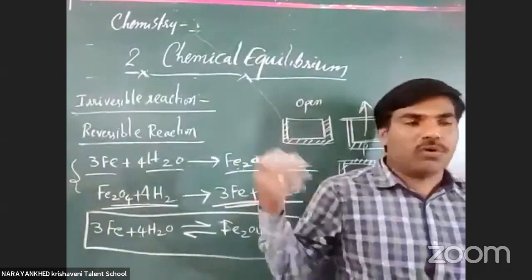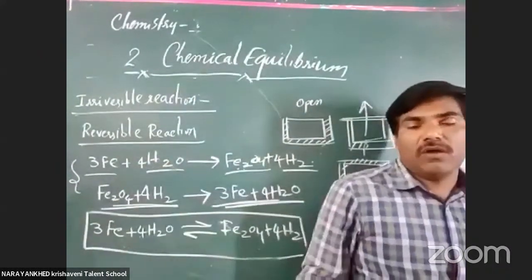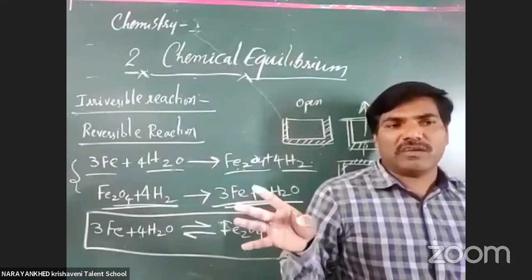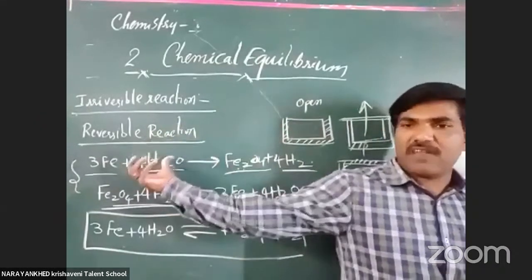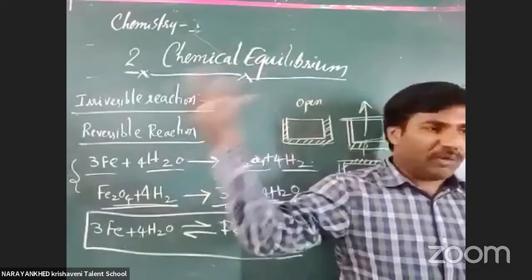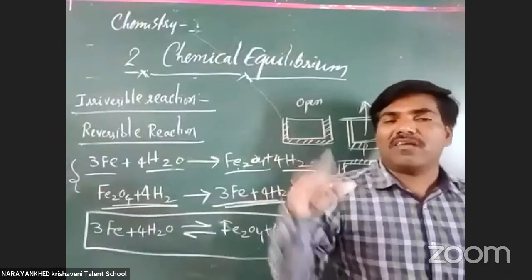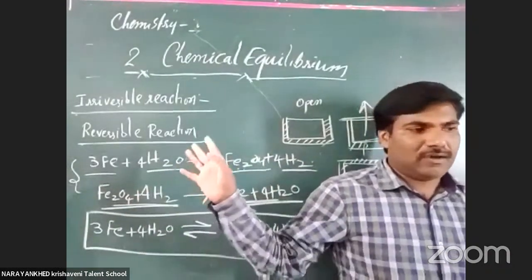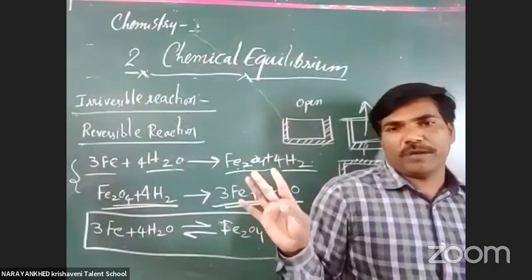We have to know these for the purpose of chemical equilibrium. How is it possible to be reversible? How many systems are there? One is the open system. In an open system, whatever substances we use in our reaction are exchanged, and whatever energy is there is also exchanged. Totally open: for energy it is open, for substances also it is open.